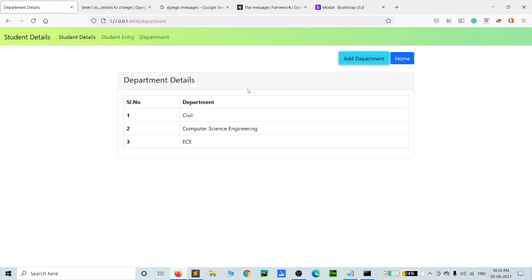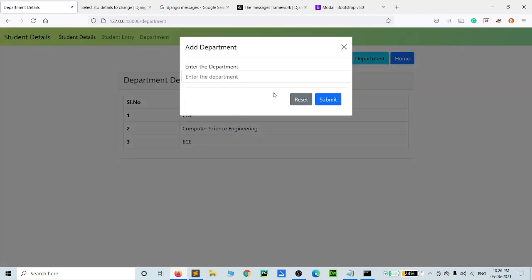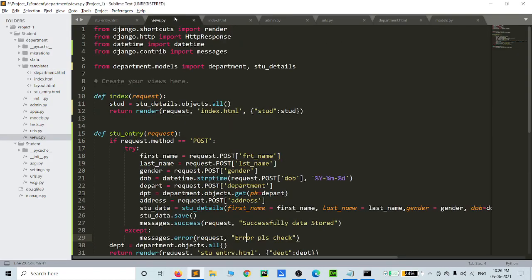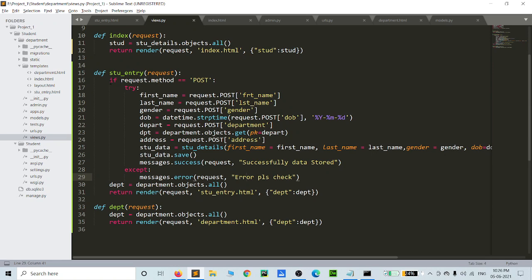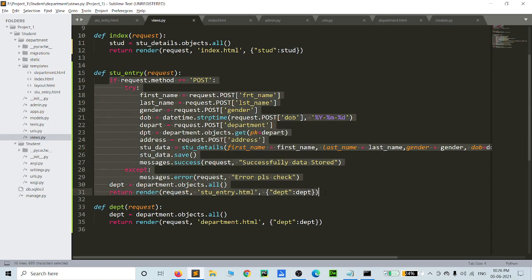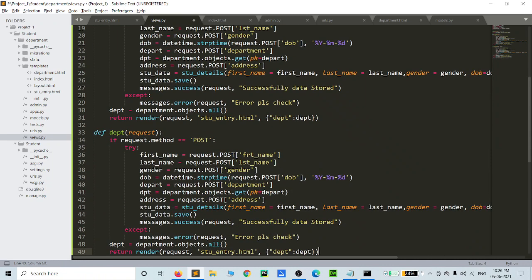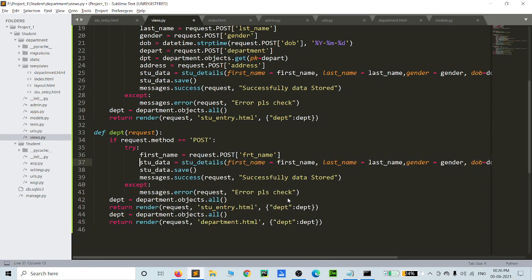Now we want to add the add method in the department. So we come to our department section, views.py. The same thing here: copy it here and add this one. No need for this kind of message with just one value.